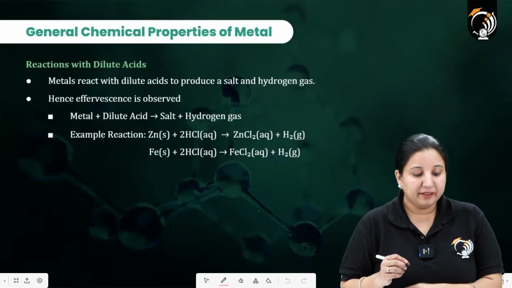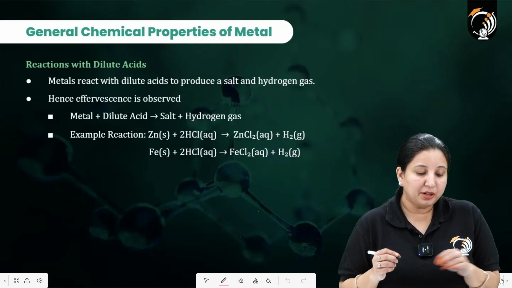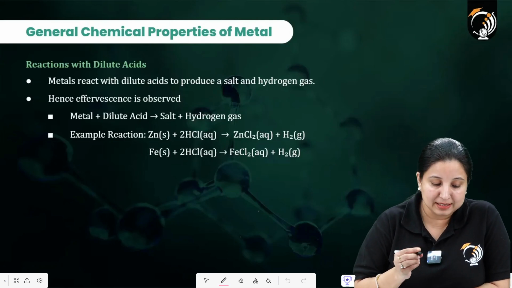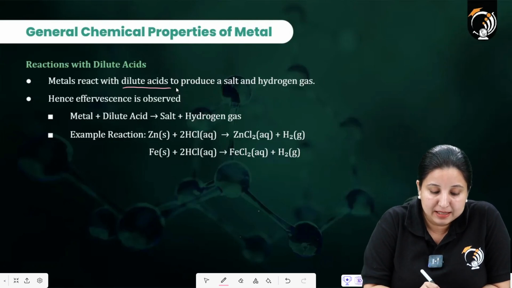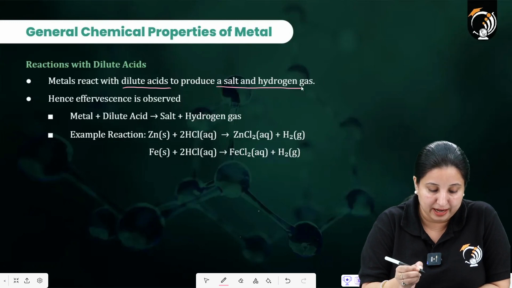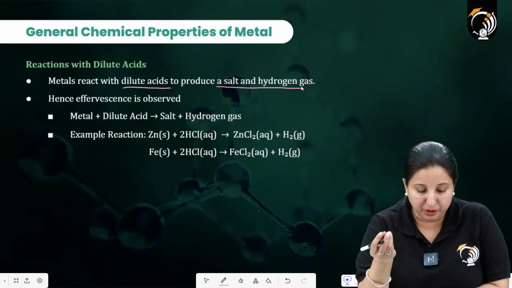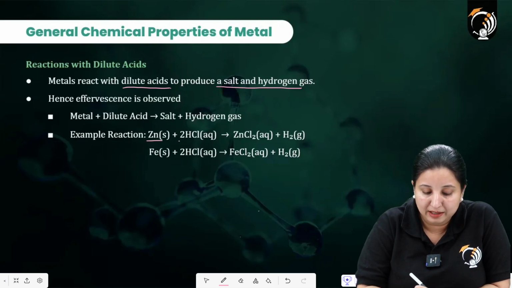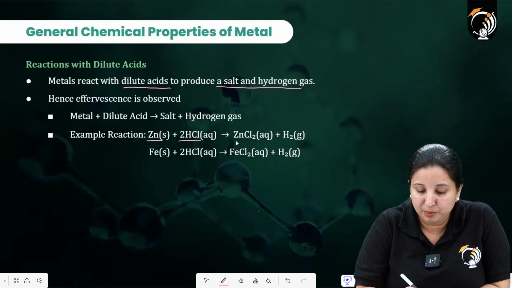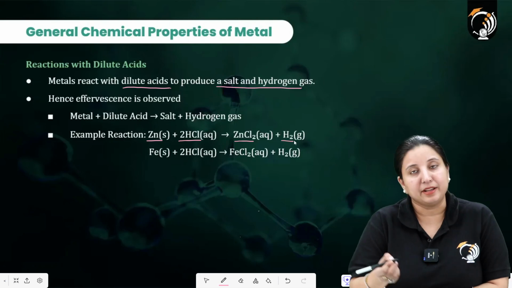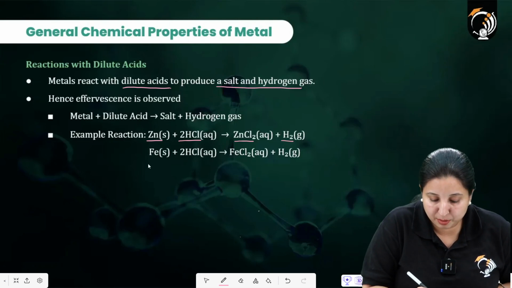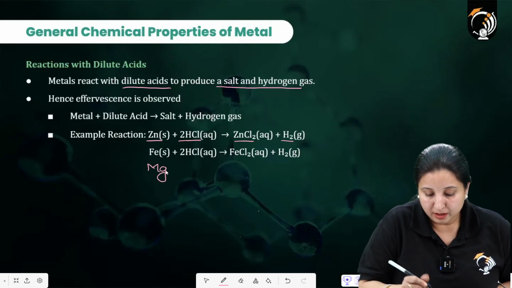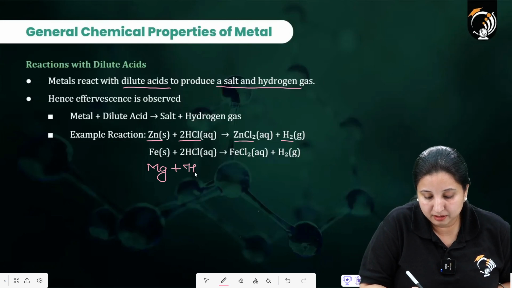Over here we have the reactions with the dilute acid. Now when we are talking about the reactions with the dilute acid, metals react with dilute acids to produce salt and hydrogen gas. Whatever the metal you take, like over here I have taken the example of zinc. When it reacts with HCl, it is going to provide ZnCl2 and H2. Say, if I take magnesium and make it react with the acid,